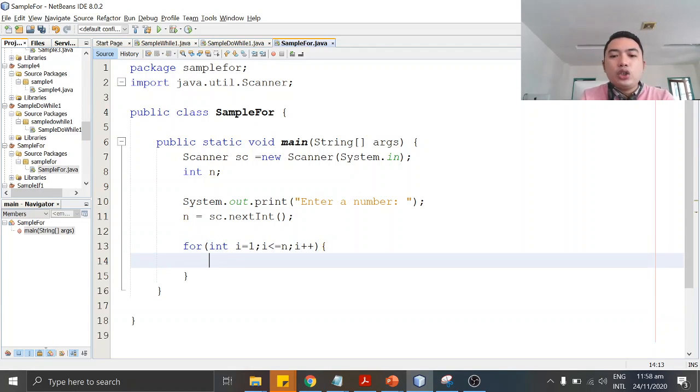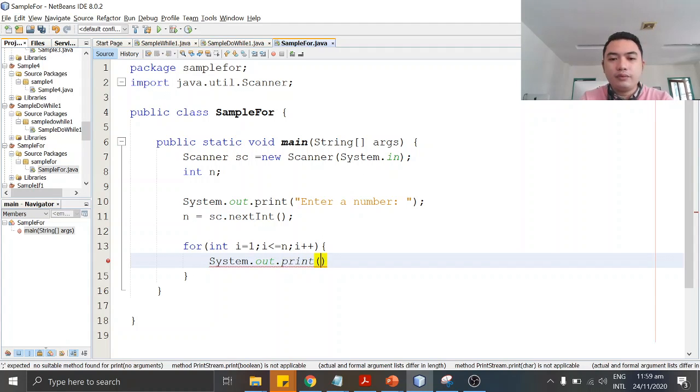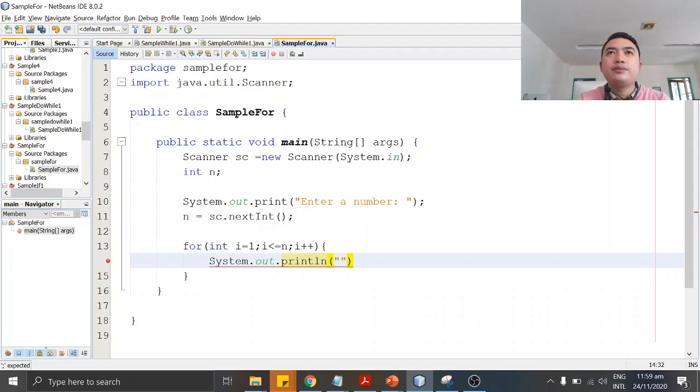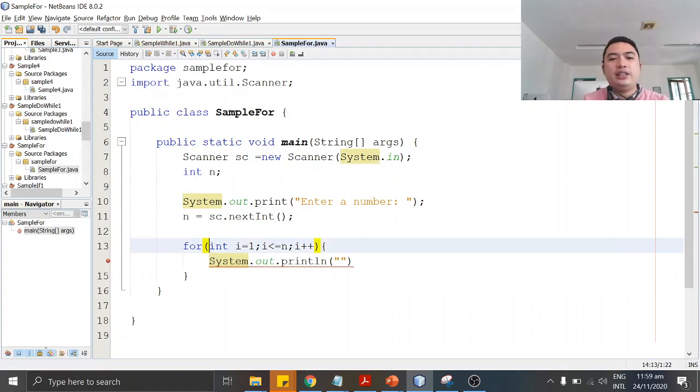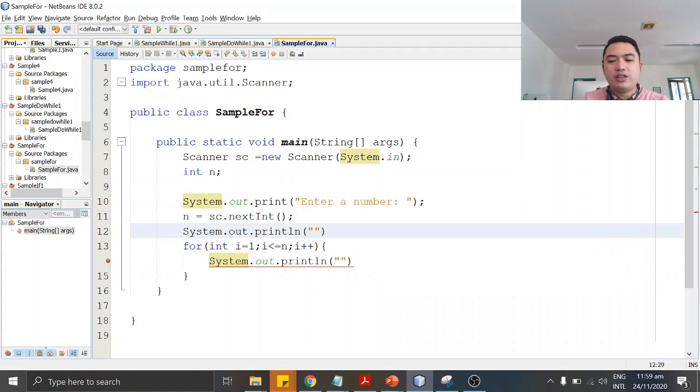Okay, it will just print the squared value. So let's use println. Let's print a header first.